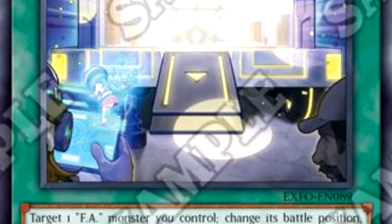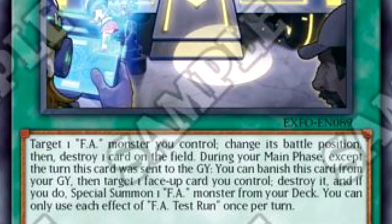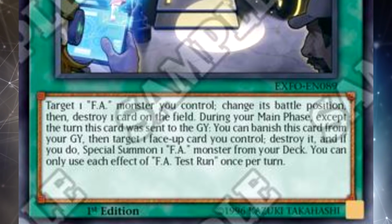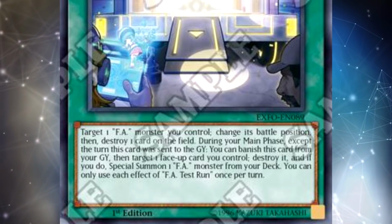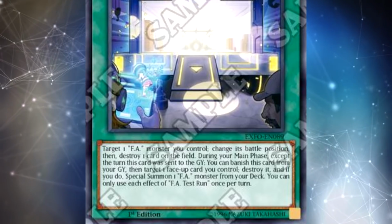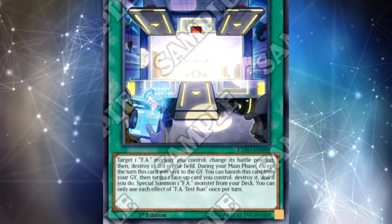It's not like the best card, but the other 3 cards, the Field Spell, the Quick Play Spell, and the Tuner Monster are just crazy. I mean, I'm going to do so many fun things with FAs, and I have to have those cards. They're so cool. I wish they weren't all common. That's kind of disappointing. At least UAs were mostly rares, but the FAs, to my knowledge, are all common, which